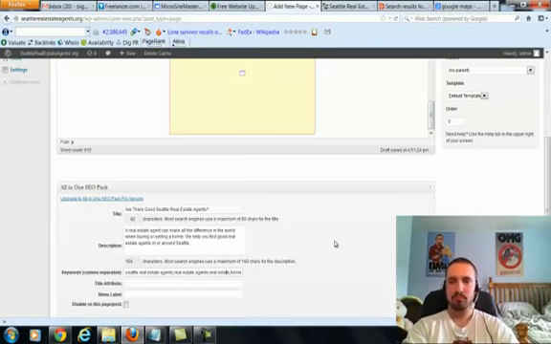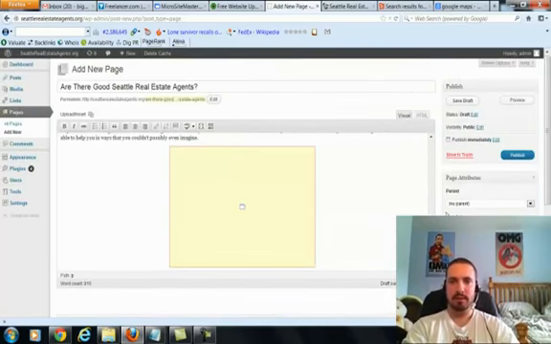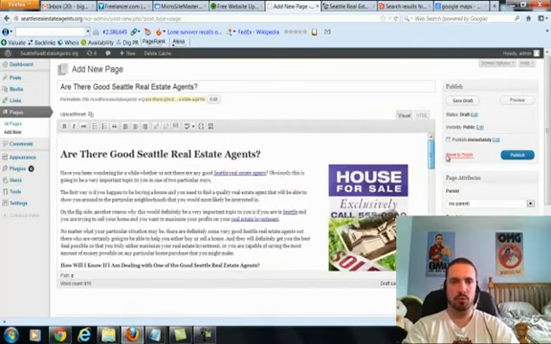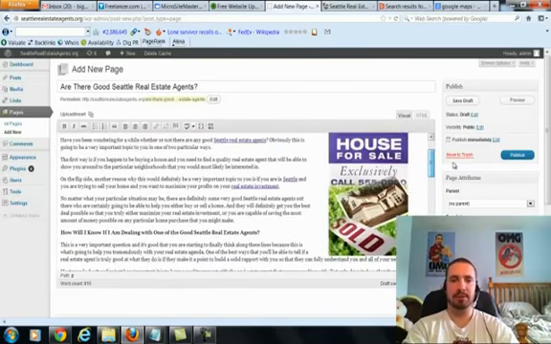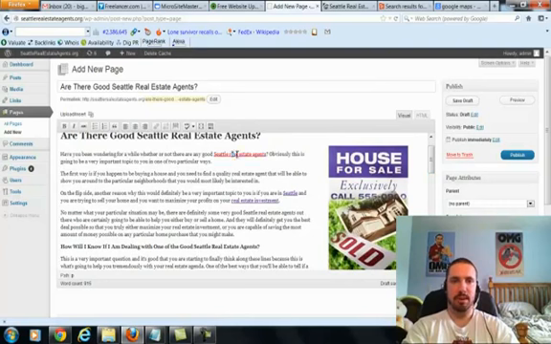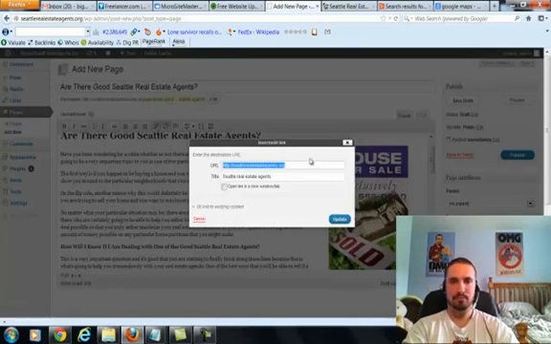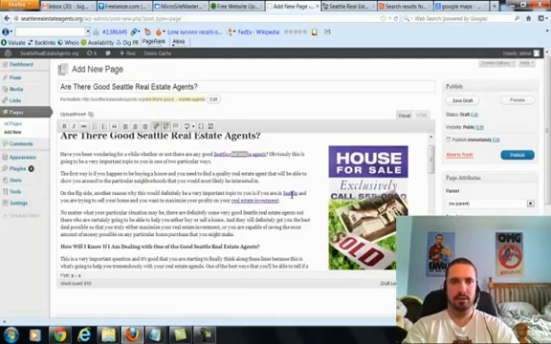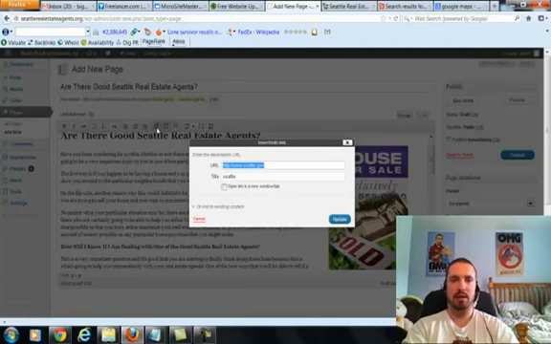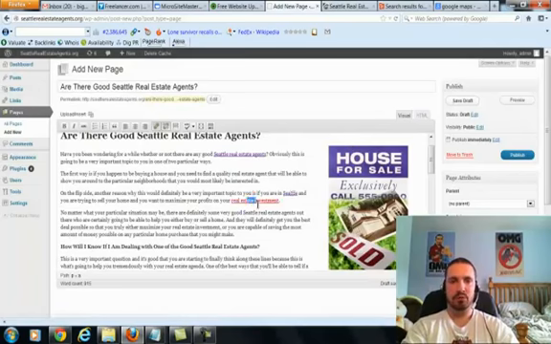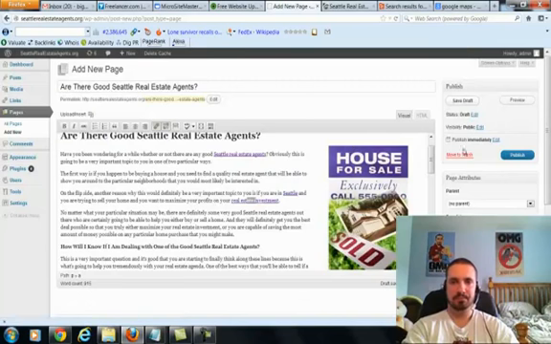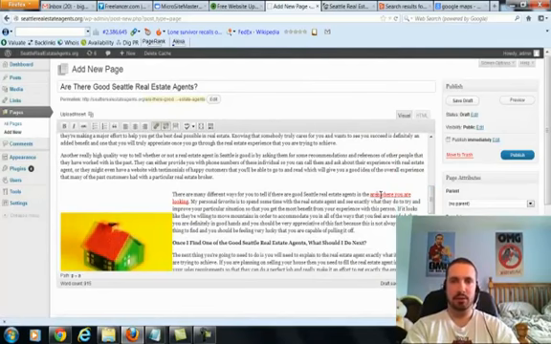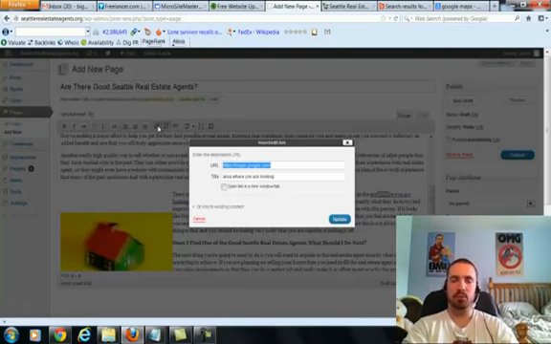Let's go to my authority links, my outbound authority links. I got 1, 2, 3, 4. 4 links, one going to my site. This one obviously goes to my main site. This one here goes to Seattle.gov. Government site's great to link to. This one right here goes to Wikipedia. Wikipedia is another great site to link to. And then this last one down here goes to Google Maps. Of course, Google's great to link to.